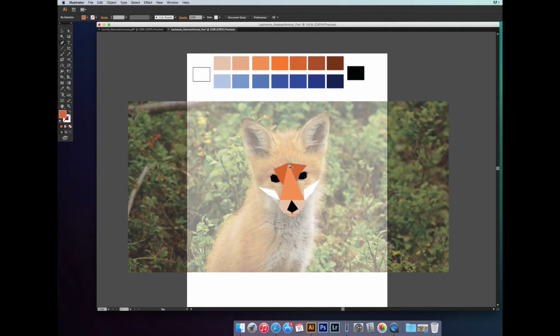You could also overlap other shapes if you'd like a different color. See here on the nose, I would like a slightly different color than what's already there. So then I've made my shape with my anchor points, and then I'm going to select a separate color. Here, the color is grasping what's also on the cheek, so every color that I make will also change the color of that shape. So what we're going to do is go back